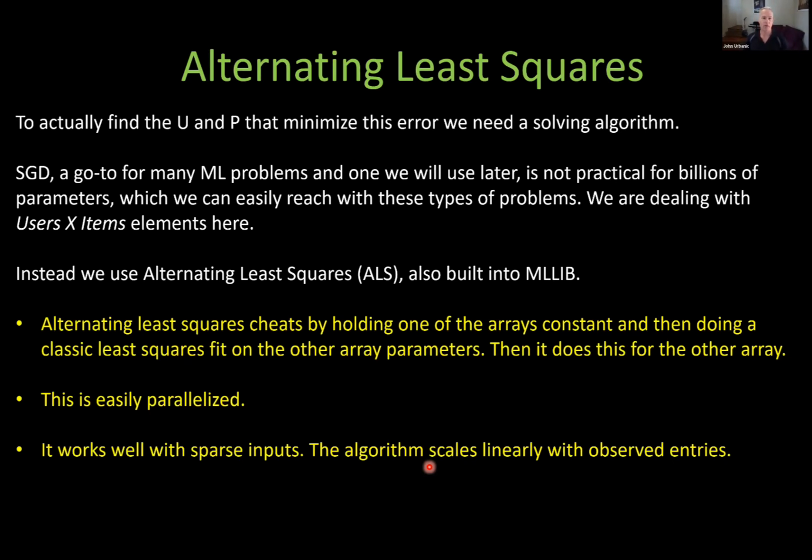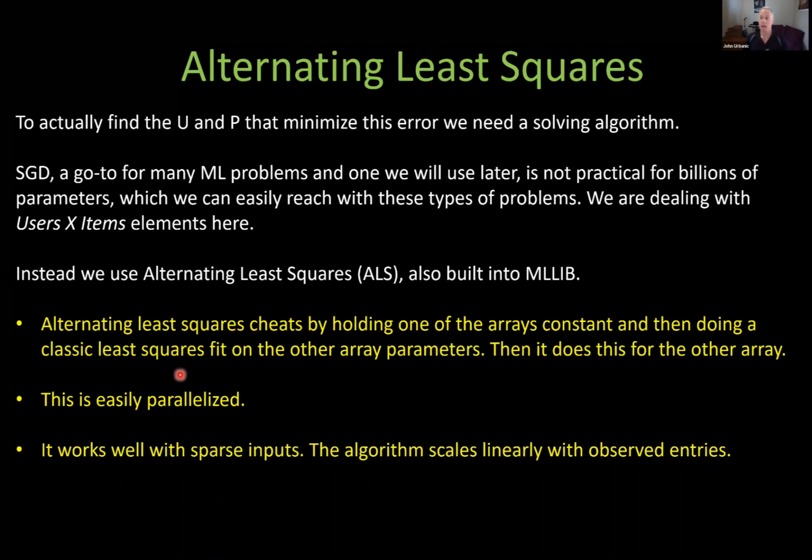And if you sit down and write out all the equations to try to fit these matrices here, it starts to at first seem, especially for a large matrix, like an intractable problem once again. But we're going to come up with a kind of a cheat here, alternating least squares, that actually works. And alternating least squares kind of treats this like a much simpler problem, a linear regression problem, to fit these matrices or come up with the approximate matrices here.